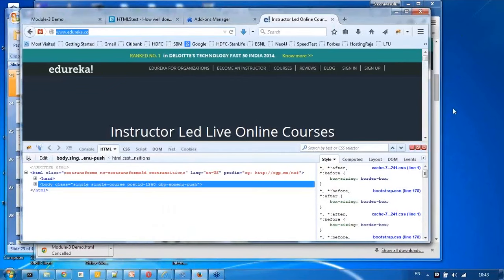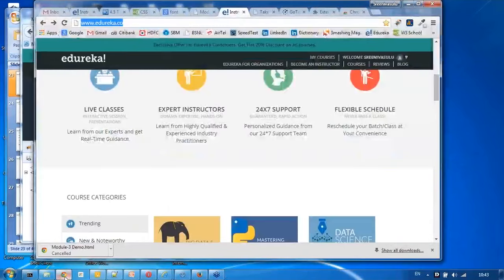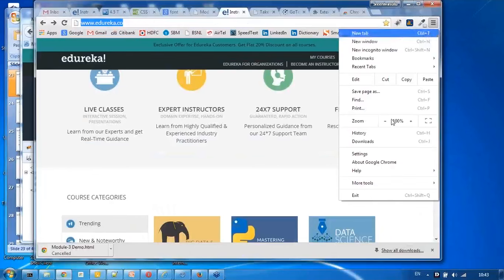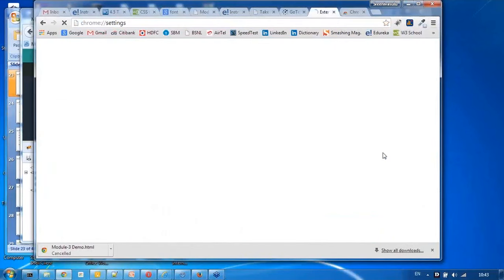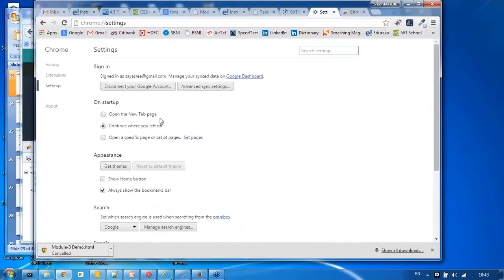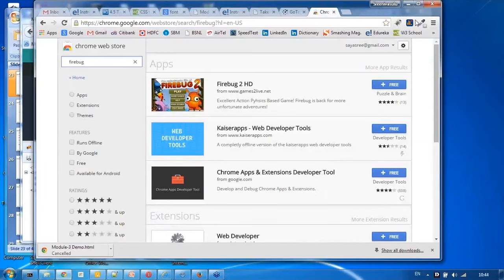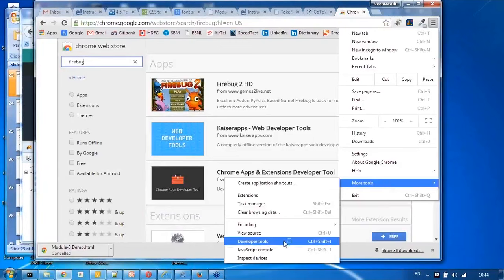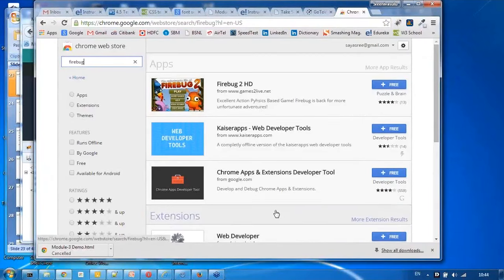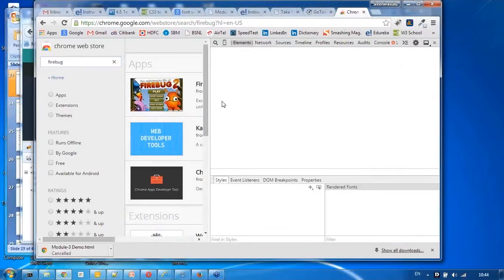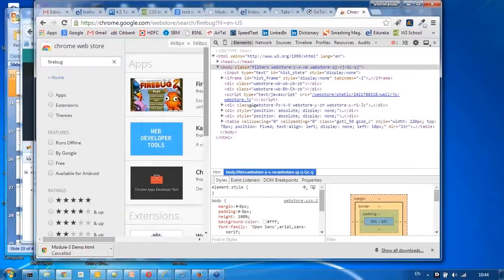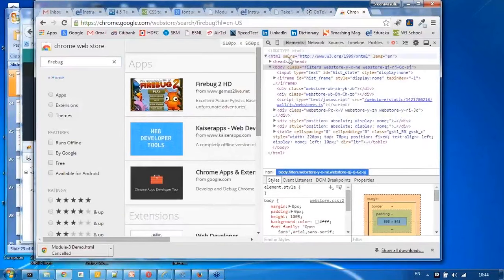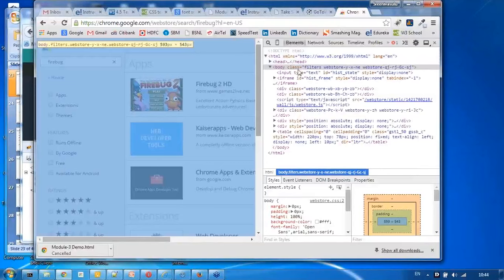Sometimes you can do the same thing on the Chrome browser. Here, you can go to this Chrome menu icon and click on that. Go to settings. Okay, not settings, sorry. In Chrome there is something called More Tools. In More Tools, you go down, there's something called Developer Tools. Select that, and you see an interface similar to Firebug. Here you can see basically all the HTML elements, and as I move the cursor,